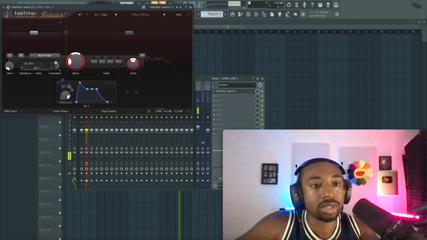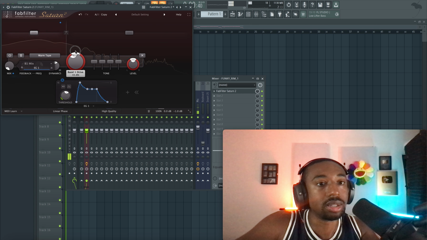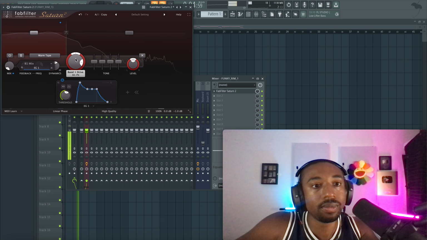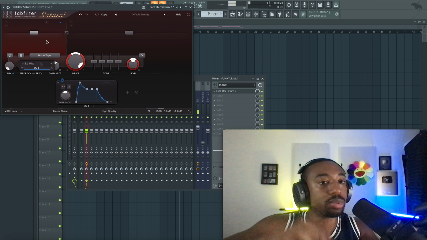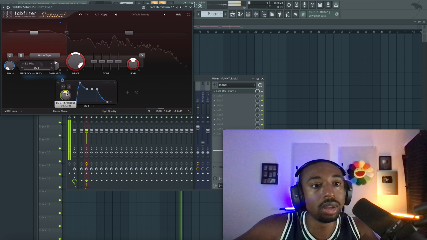Okay, so we're going to mess with the threshold. And then we're going to mess with the distortion amount. So it's only saturating when the kick goes beyond a certain point. So the ghost kicks don't get the saturation, but the hard kicks do.